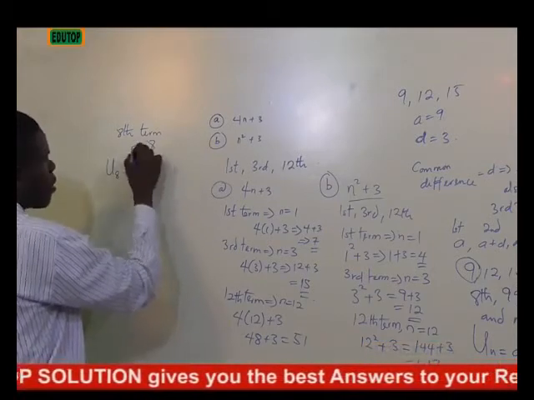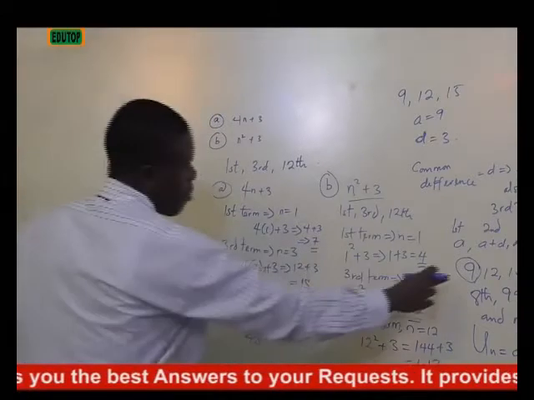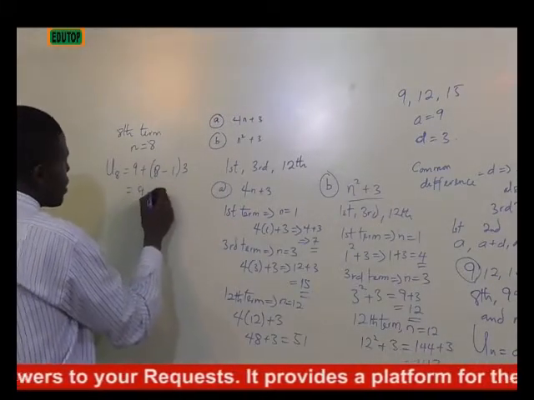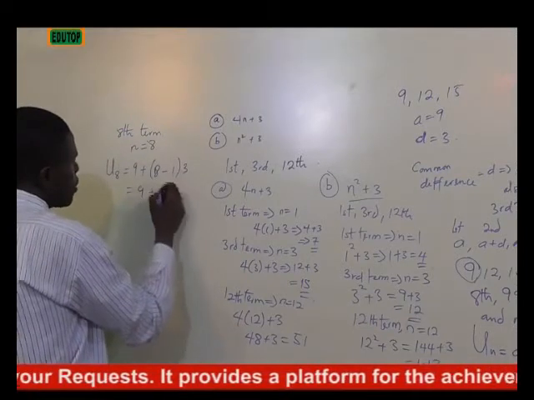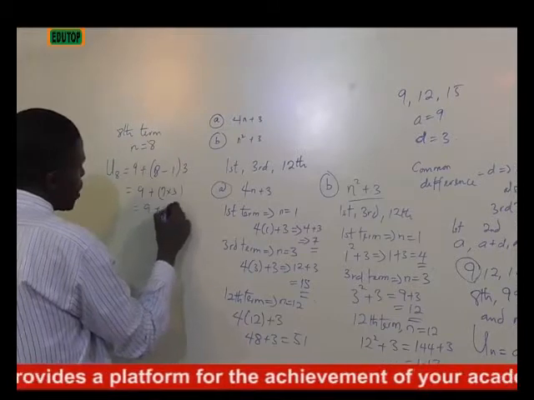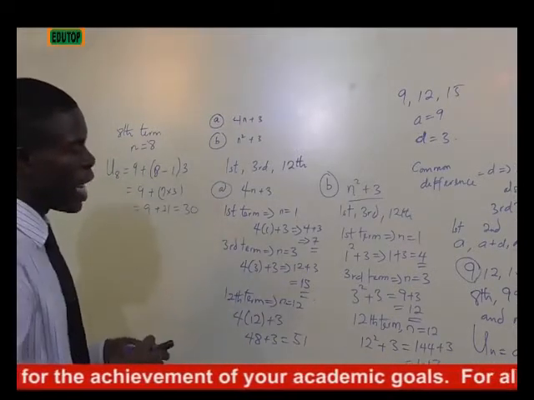N is 8, which is the 8th term, minus 1. The common difference here is 3. Automatically, you have A, 9, plus 7 times 3. And that gives 9 plus 21, and that is 30. So for the 8th term,